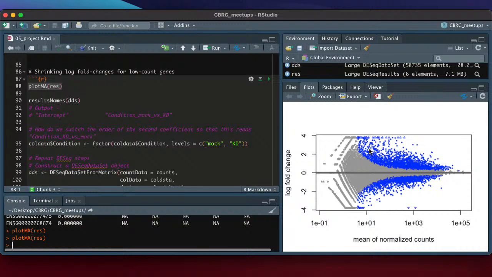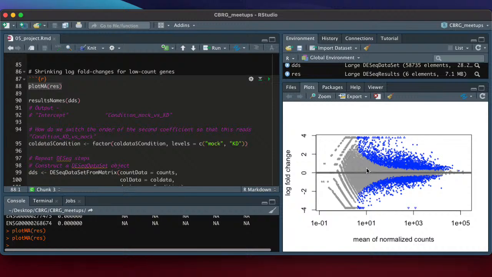One of the main reasons this specific plot is used is that it illustrates that when you look at the genes that have low normalized counts, there's a lot of noise, meaning it's fanned out for lower counts. But as you get to higher counts, there's less of this up-down noise. The reason is that when you do ratios of counts, if the counts are low, you're much more likely to get either very high or very low log fold changes.